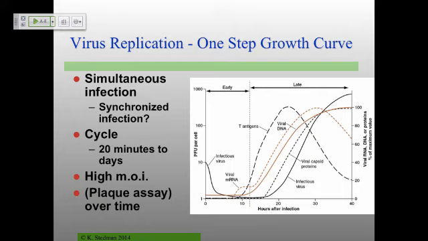Basically, what you want to have now is a population of cells that are infected with viruses at as close to the same time as possible. So the idea here is to have a simultaneous infection, which is then hopefully synchronized. And so you can follow a population of infected cells, and the virions that are being produced by that population of infected cells. And then you can back calculate and say, well, each individual virus is replicating in this way. It's definitely an oversimplification, but it's worked extremely well.